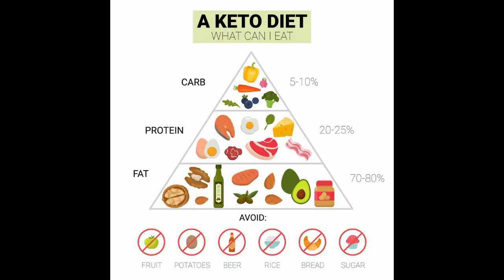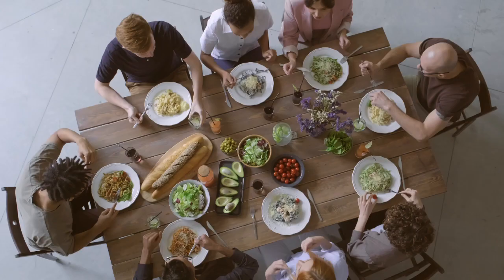One of these fad diets that has gained a lot of popularity is the ketogenic diet. During a ketogenic diet, carbohydrate consumption is brought down to between 5 and 10% of total calories, and in its place, fat consumption is greatly increased. This prompts the body to switch its main energy source from carbs to fats, and can cause massive decreases in